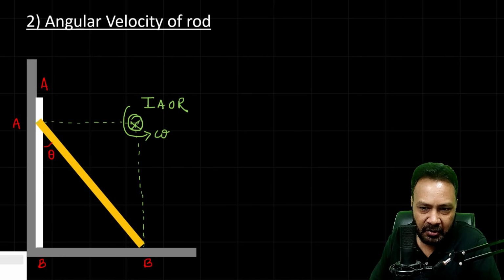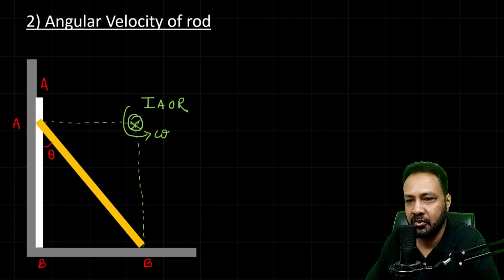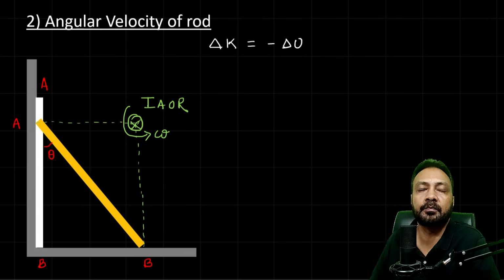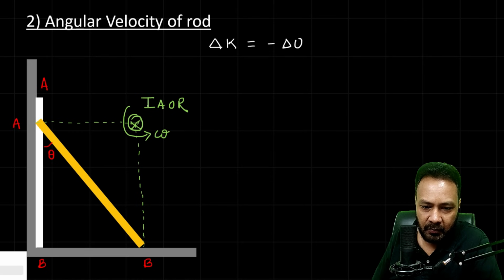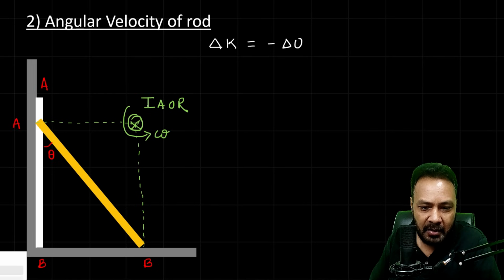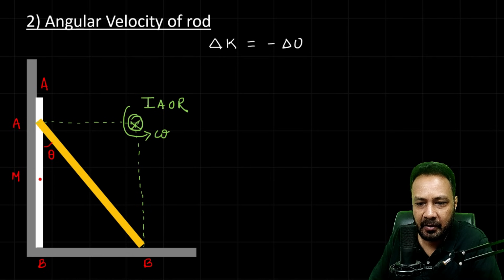So what we can do, from the initial state when the rod was vertical to this new state, is just apply conservation of mechanical energy. That is, gain in kinetic energy is equal to loss in potential energy. For the loss of potential energy, we have to see how much distance the center of mass of the rod has fallen. We are assuming the rod to be uniform. So initially the whole mass of the rod is at the middle point here, that distance is obviously L by 2. And now suppose the center of mass has come somewhere here,